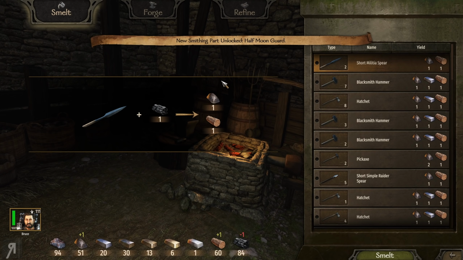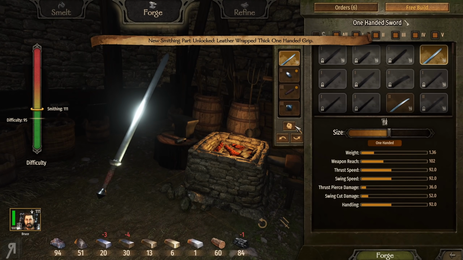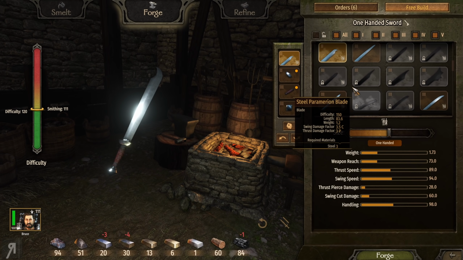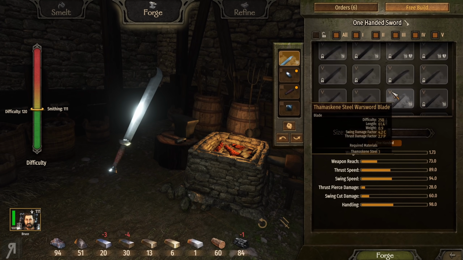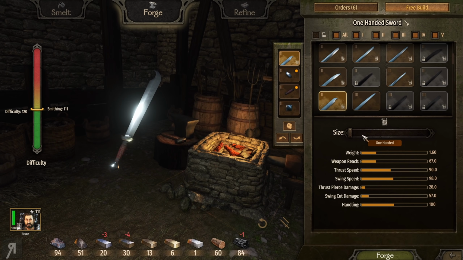And I don't know whether that's because we're going up against people that are relatively high tier or not, but I would like to prevent myself from potentially just dying really, really fast. So let's see. What is this? Ah, it's a falchion blade. Yeah, I really like those, actually. I really like those quite a bit. So, shall we use one of these? Let's use one of these, and we'll see what the swing speed...